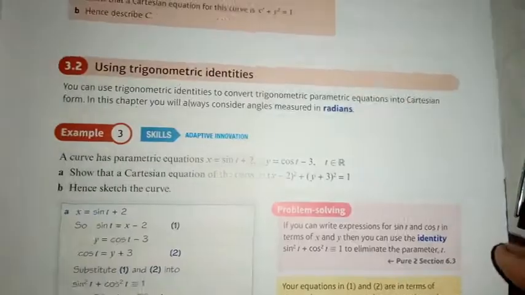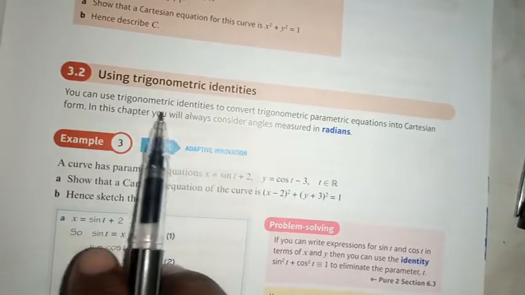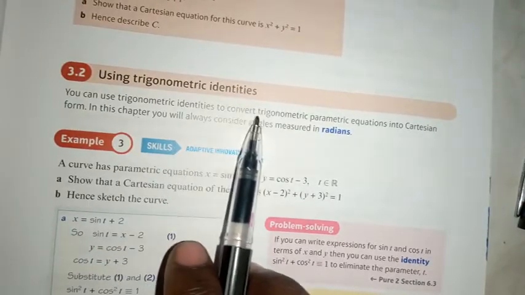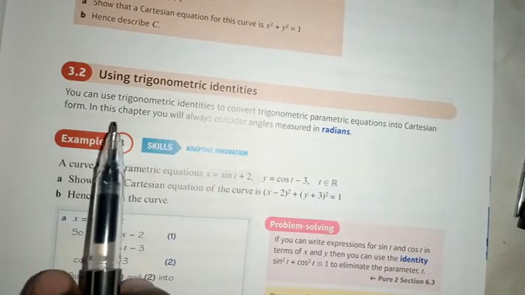I want us to understand something here before we move on. We are told that you can use trigonometric identities to convert trigonometric parametric equations into Cartesian form.